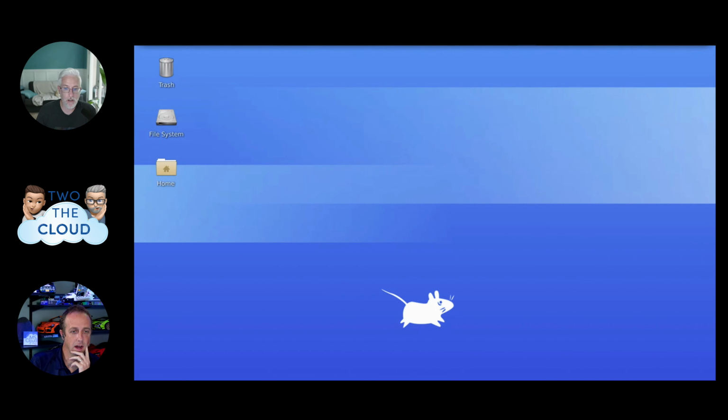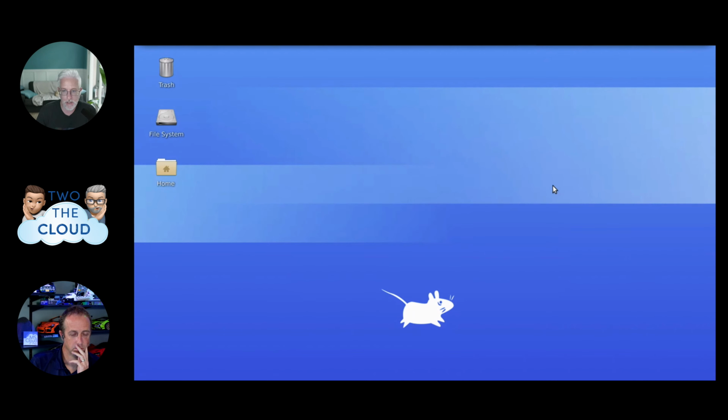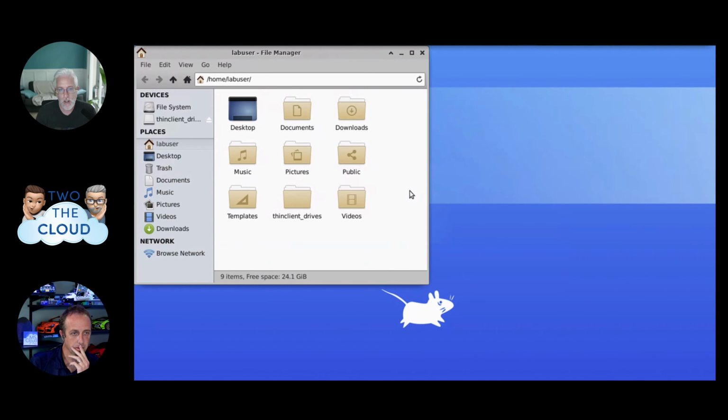So now this is me RDPing into that lab VM. Like I said, it was an Ubuntu kind of thing. I installed XFCE on it, and I installed XRDP and configured it in the template, and then I published the template out and pushed it over. So now students have the ability to connect to this VM over both SSH and RDP, depending on how they want to get at it. So I'm going to do a couple things here. I'm going to close that window real quick.